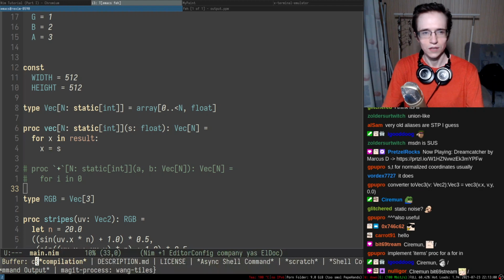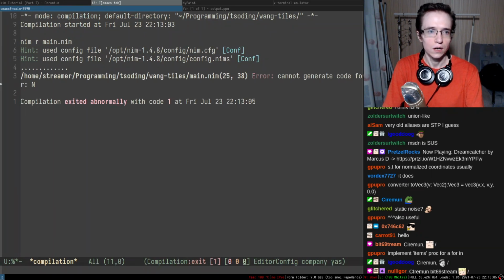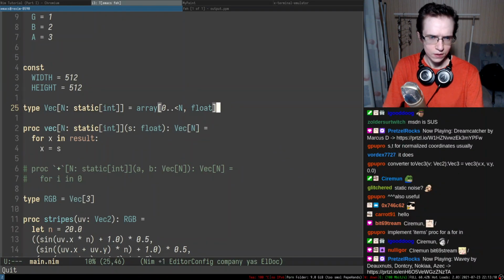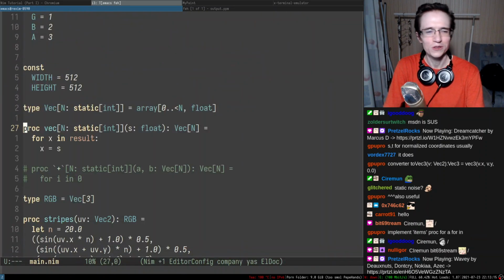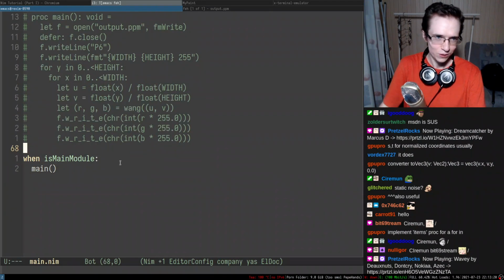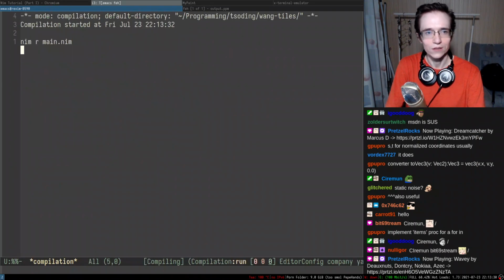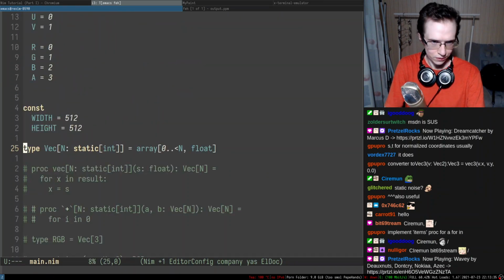Okay, so let me see. I'm gonna try to just compile this thing and see if it will break in that specific place. For n. Okay, so that's really strange. Cannot generate code for. This is the most cryptic error message I've ever seen. Okay, so can we just do something like this? I want to comment out everything in here, and we're going to have just a main thing. Right, that doesn't do anything like discard. Right, it discards everything. All right, cannot generate code.